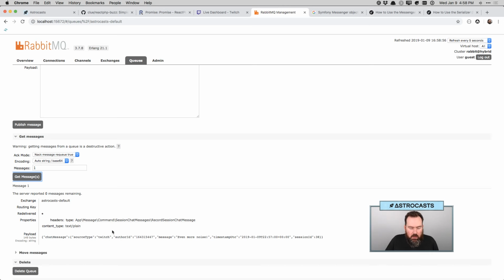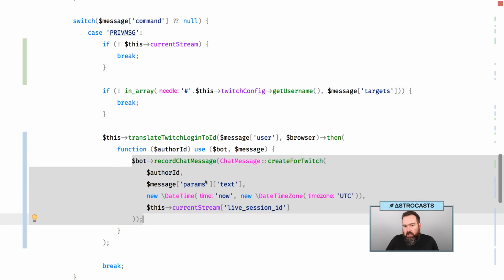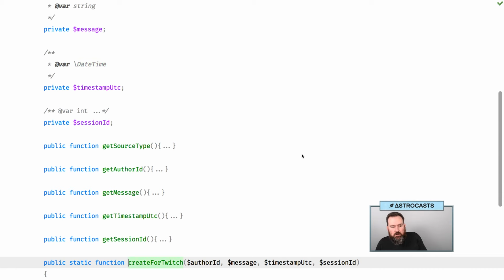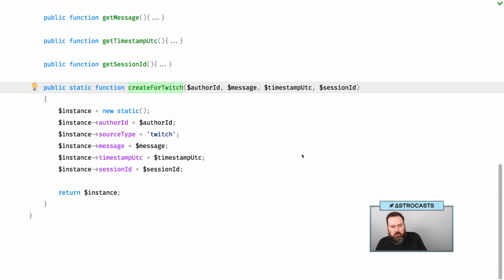So my guess is this chat message here. I'm guessing the serializer doesn't know how to decode classes, or classes that have classes as their properties. Create for Twitch. You know,